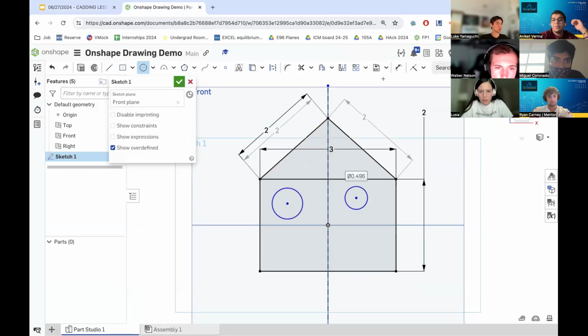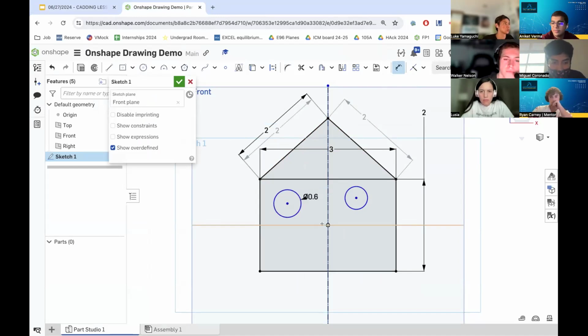Actually, I'll just run through it. The way we dimension the diameter of a circle is just by hitting the outline of the circle. So if I just hit the outline, I get an option to dimension its diameter. So I can change that to 0.6 like it did in the example slide over there. Right. And now I have 2 circles that are